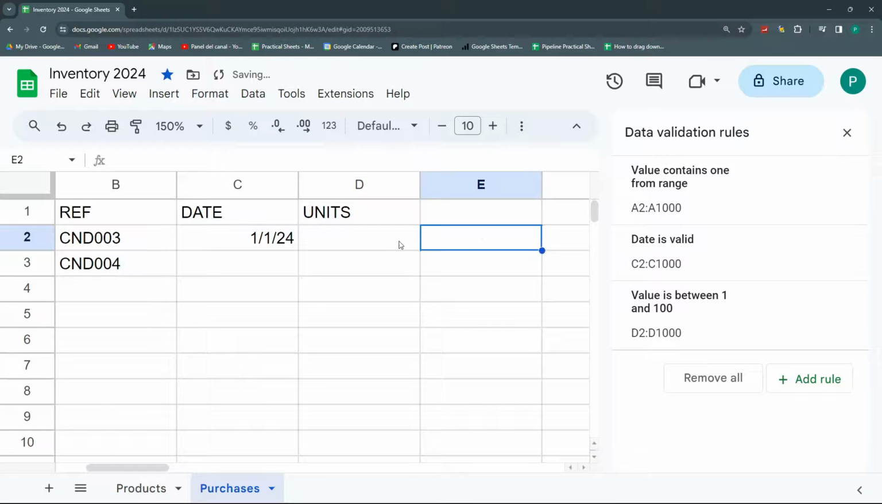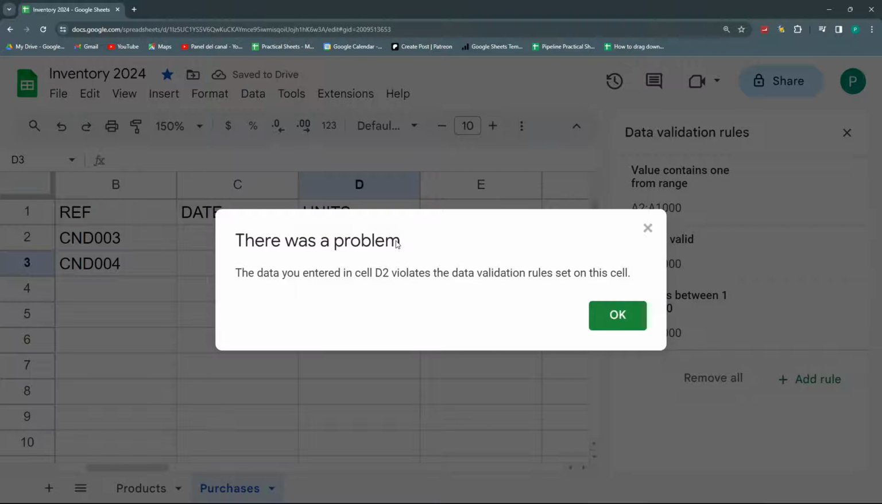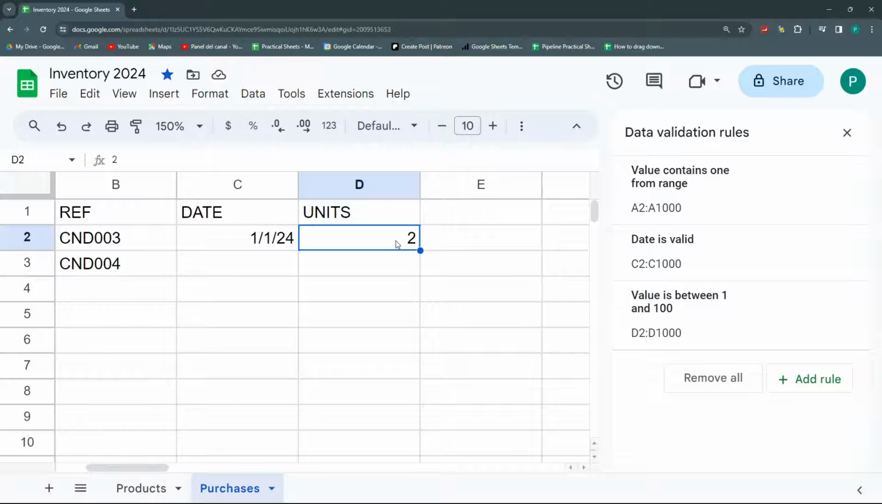So again, if I write 2, it's okay, but if I write 102, it won't let me, and if I write -23, it won't let me. I could do further validations. For example, I could make it so it won't let me write a decimal, for example, 2.5. In this case, I can write it,